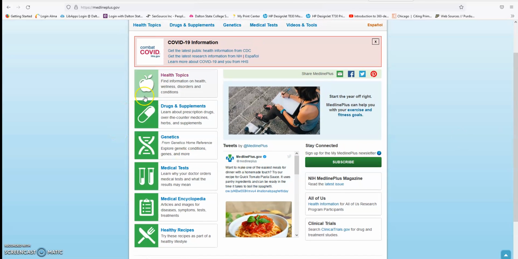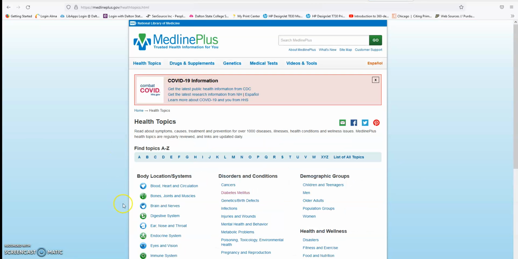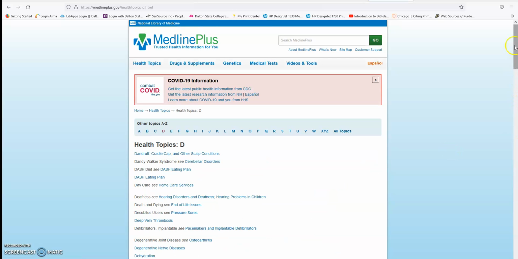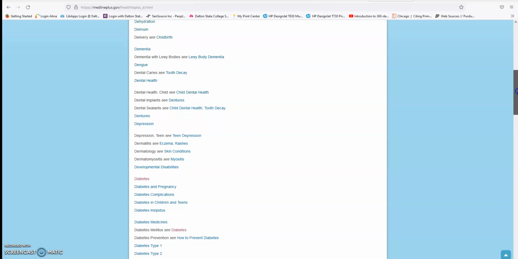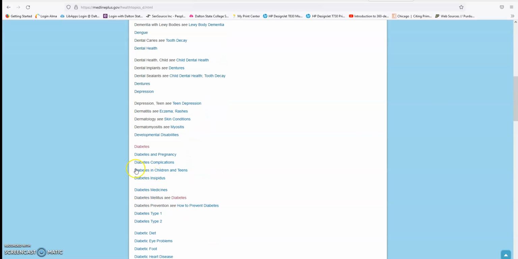So it's fairly straightforward. You can search, or you can go straight to a health topic. And let's say you are searching for diabetes. You would just click D, and you see a whole lot of terms here. Now you could search for these or look at them alphabetically, but